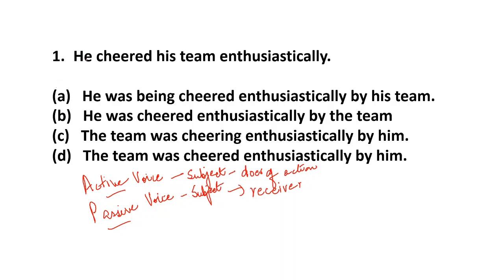So here, in this sentence, you can first understand which voice this is, active voice or passive voice. Now this is the subject of the sentence. So he is doing some work. He is the doer of the action. He is cheering his team enthusiastically. So he is the doer of the action, so this sentence is in active voice. So what do we have to make? We have to make a passive voice in which the subject will be receiving the action. Now it is very clear that this sentence is